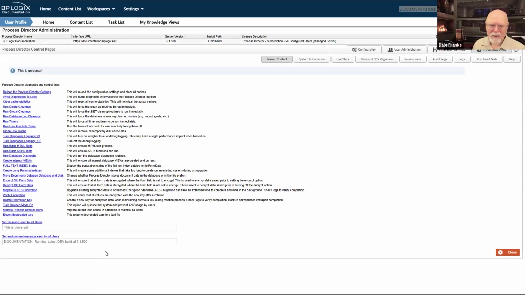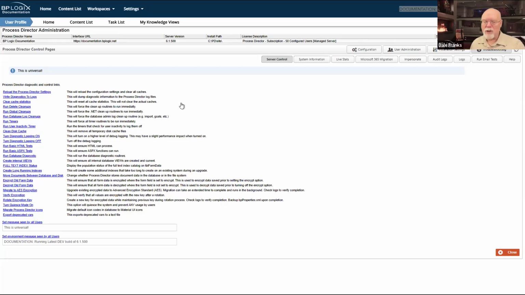So let's set this message seen by all users. What the set message seen by all users does is set up a banner. This is great if there's some sort of issue going on with your system, like you're doing some maintenance on the server and it may slow things up, or you're doing something on the database that may affect connectivity, whatever it might be, that may be some network problems. It's great to have this banner. I see some people have set up this message that says you're on the development server or you're on the production server, exclamation point, exclamation point. I mean, I guess that's okay. You can do what you want.